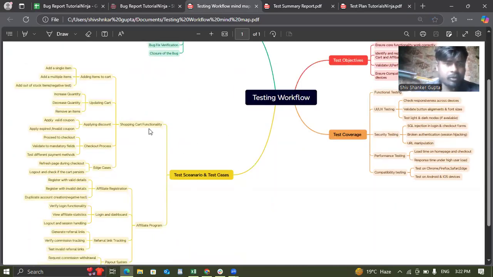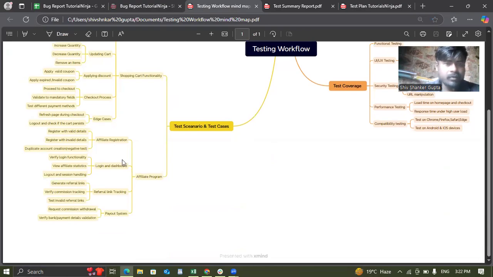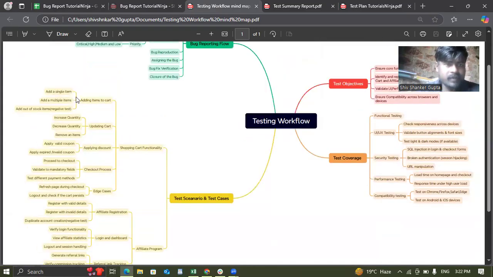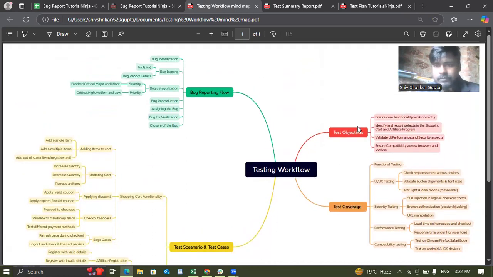Test cases: shopping cart functionality, affiliate programs, affiliate registration, login and dashboards, referral link tracking, payout system, adding item to cart, updating cart, applying discount, checkout process. Test objective: ensure core functionality works correctly, identify and report defects in the shopping cart and affiliate programs, validate UI, performance and security aspects, ensure compatibility across browsers and